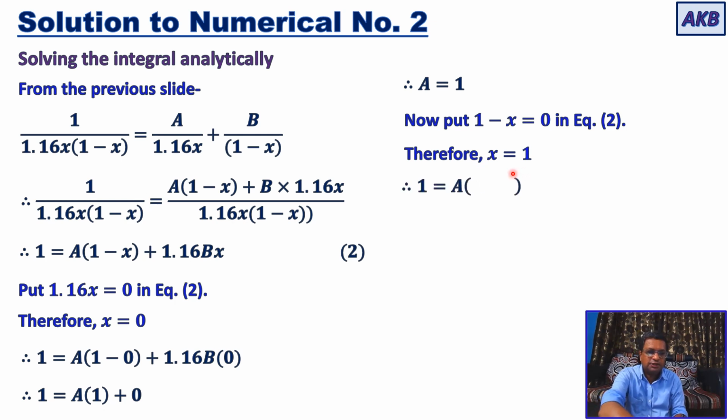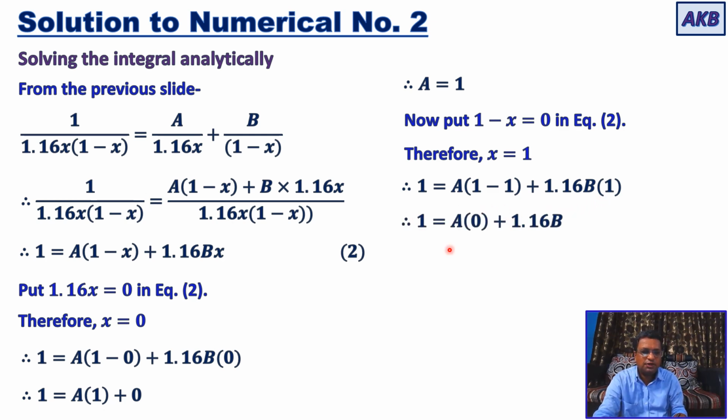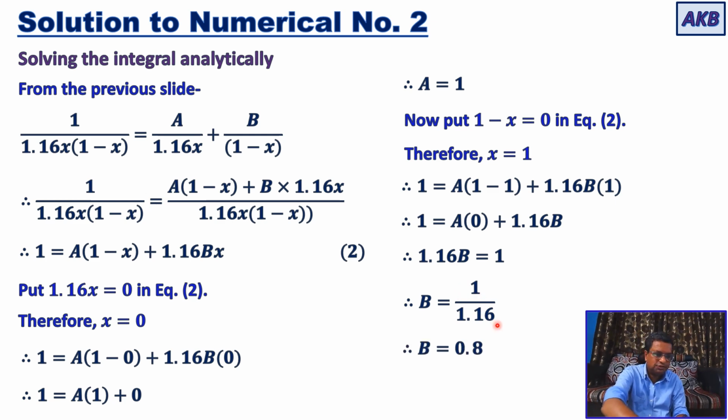So if I put x is equal to 1 in equation number 2, I'll be getting 1 is equal to a into 1 minus 1, x is replaced with 1, plus 1.16 into b into 1, x is replaced with 1. Okay, so in the next step you have 1 is equal to 1 minus 1 is 0, so a into 0 plus 1.16 into b, that is 1.16 b is equal to 1 and b is equal to 1 upon 1.16, which gives us b